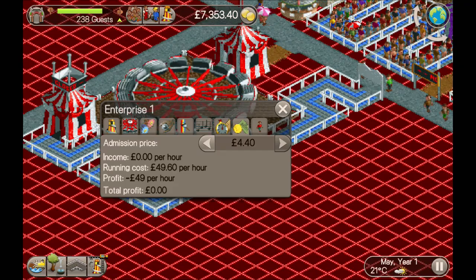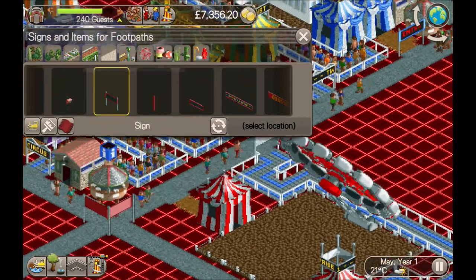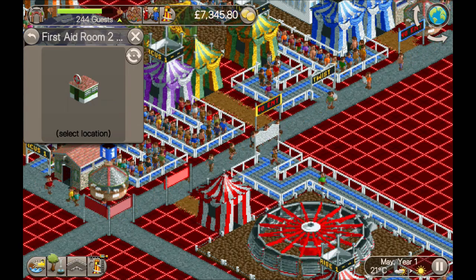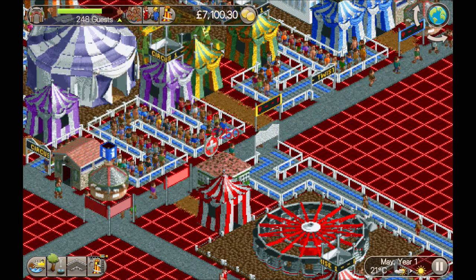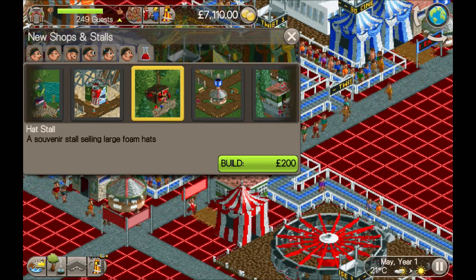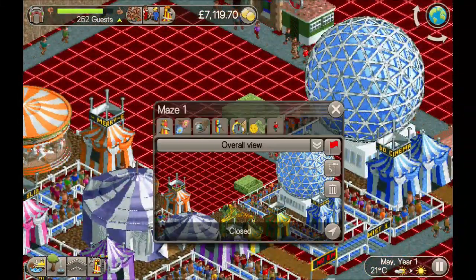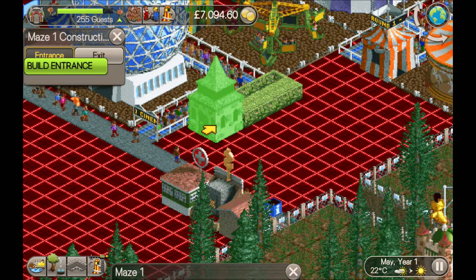I will put the money up on these because we can charge quite a lot for them because they've got nice high stats. But we probably want to have a first aid stall there. And maybe we can put no, we'll leave it as it is for now. Okay, let's get back to this maze then. So if we do the entrance there,